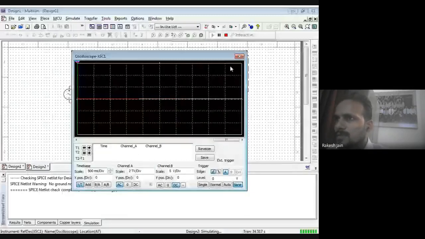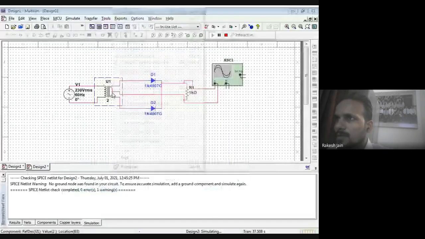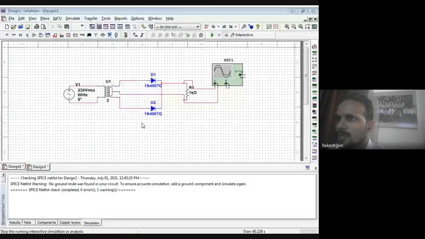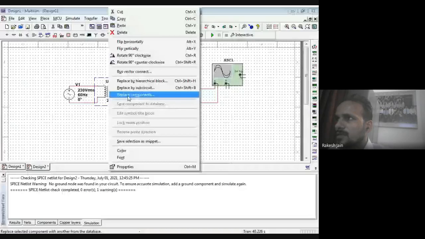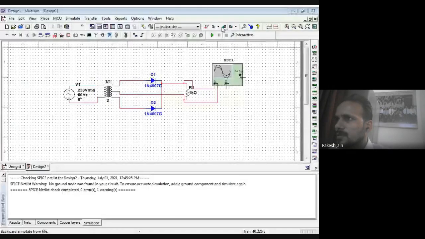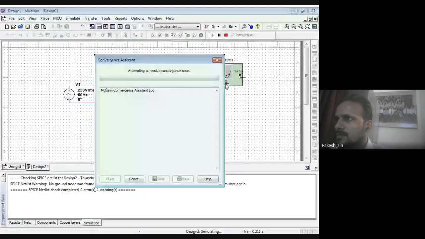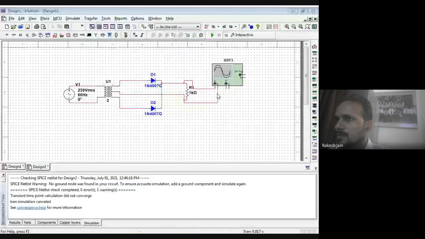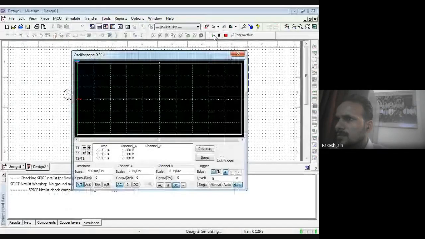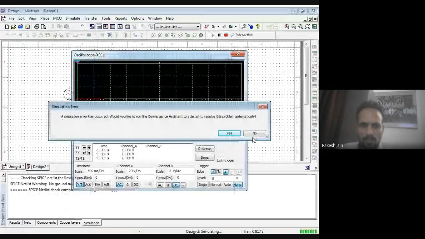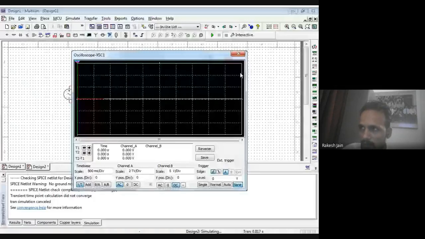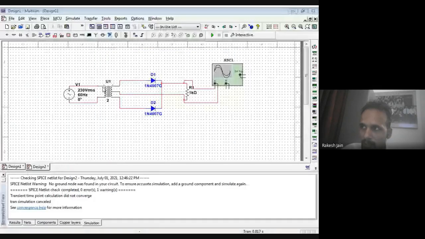Replace the component by a separate transformer. Yes. Now when I run it, some problem occurs on this. I will check later on and will tell you.